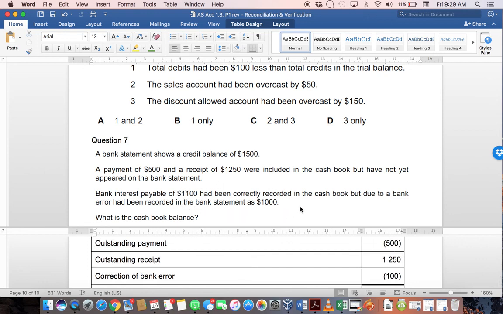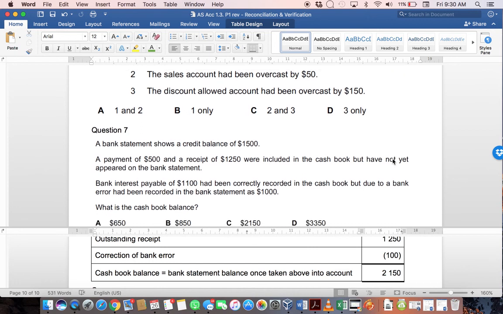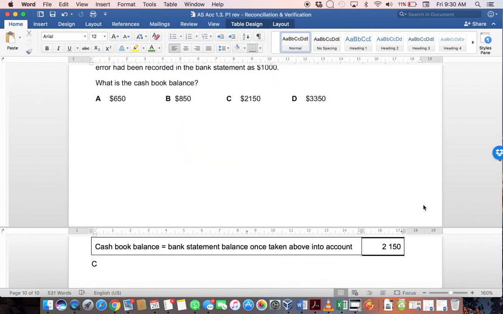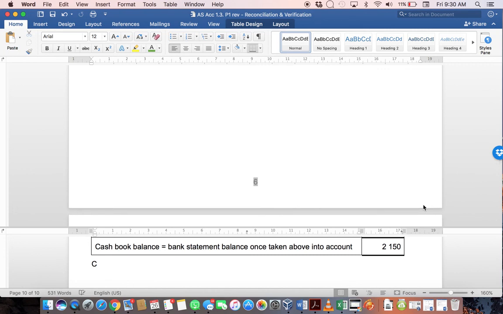Now, for this one over here, there's a difference of 100 Rand. Because it tells us that it was due to a bank error, that means that it's not a correction that we have to make, but rather a correction that the bank needs to make. And the bank will need to subtract a further $100 from our account. And that is why I am showing correction of bank error as 100 in brackets. You can then work out your cash book balance as 2,150, and your answer is then C. And that then concludes